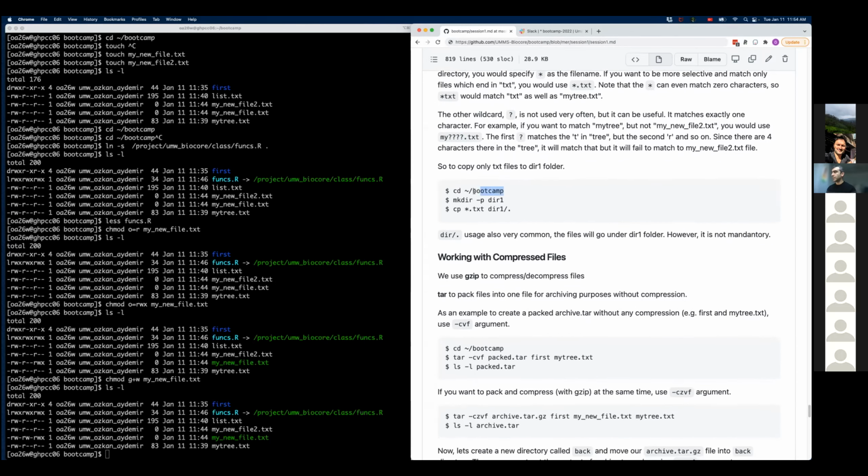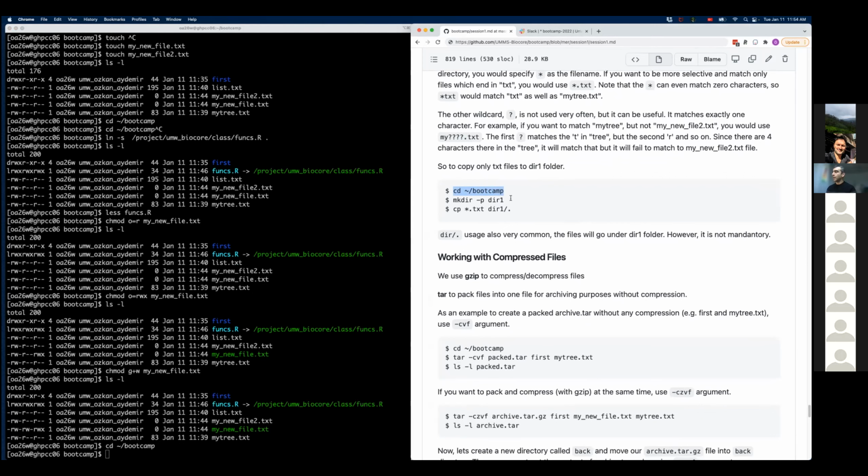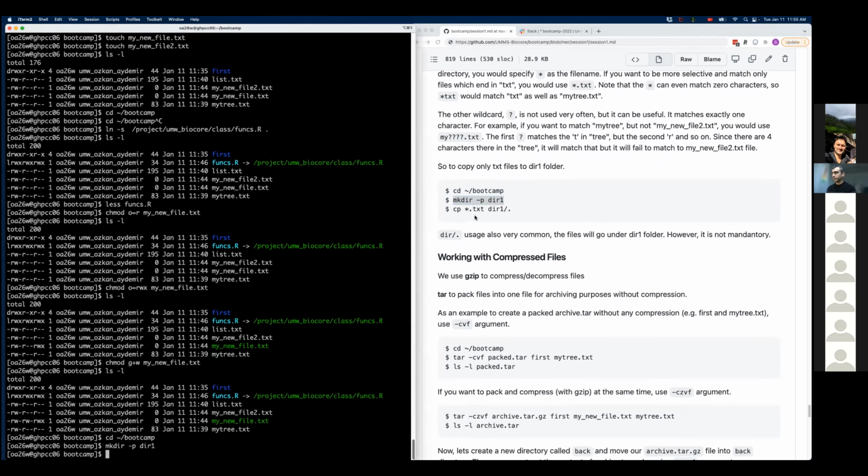So we just want to test this. Directory, tier 1, and if I do this, everything that has any number of characters but ends with .txt, which are these 3 or 4 files here, will be copied.